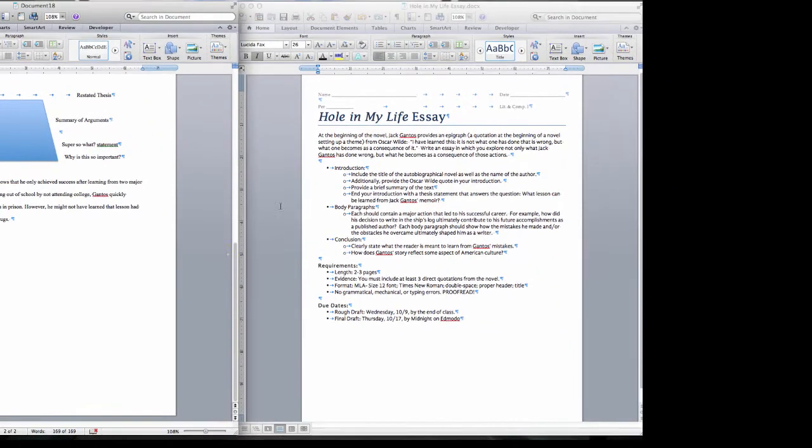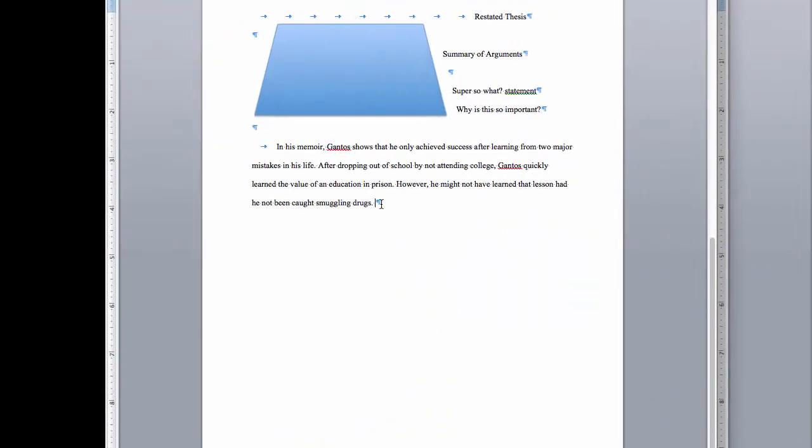Back to the assignment page, I also want you to say, how does Gantos' story reflect some aspect of American culture? And that's going to be the super so what statement. Why does this matter? This matters because Gantos' story is not unique in American culture.